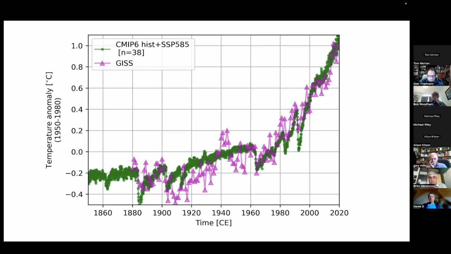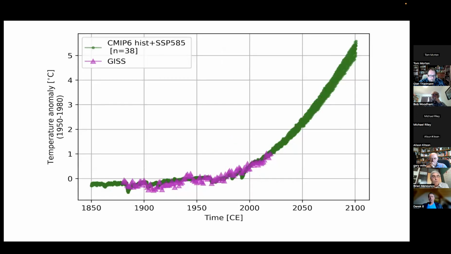So this is an important point, that these models are not and have never been developed to say something about the year-to-year variability, but rather the long-term trends. And so when we think about how those models are going to project what's going to happen in the future, this